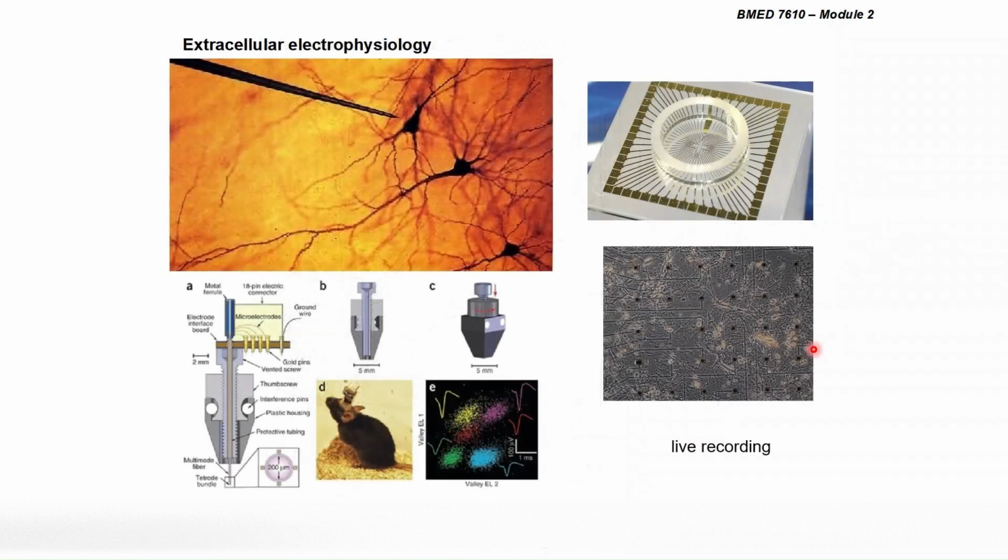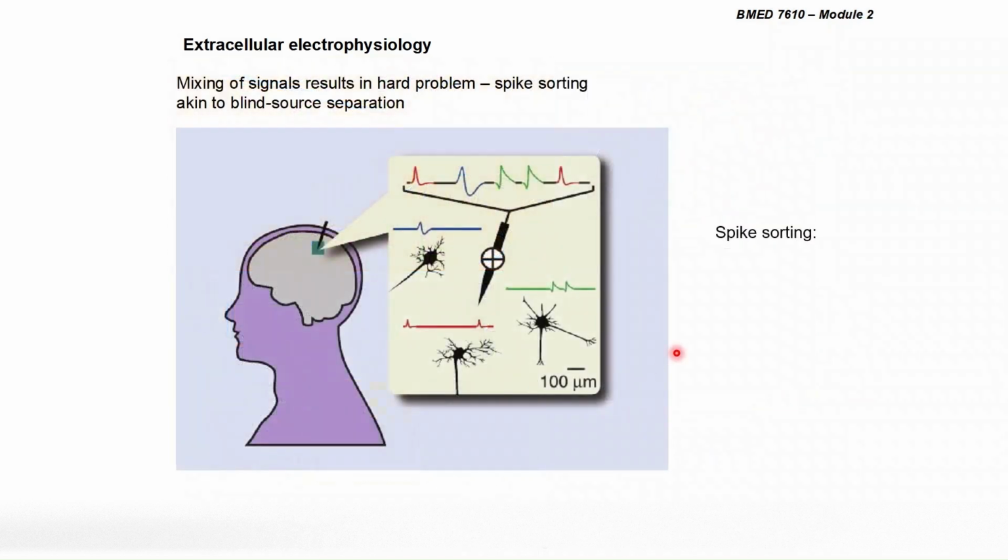Going more into extracellular electrophysiology, for the in vitro type, we can use a microelectrode array and put neurons on top of it to read the signal that way. Or we can do more of an in vivo approach, where the electrode is on top of the brain of a mouse, and then we can record the signal that way as well. The problem of this